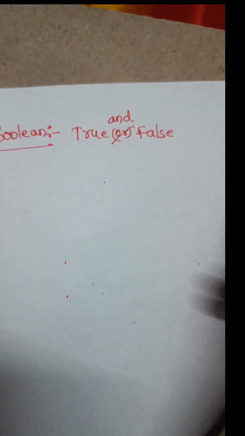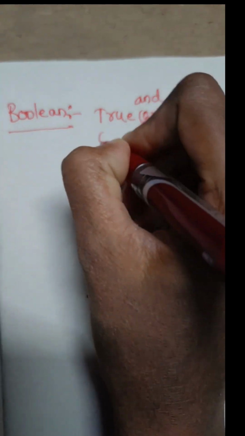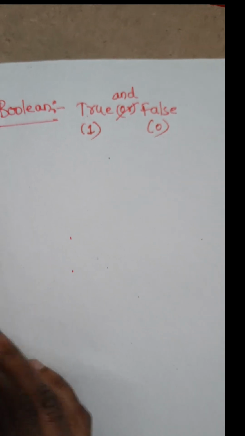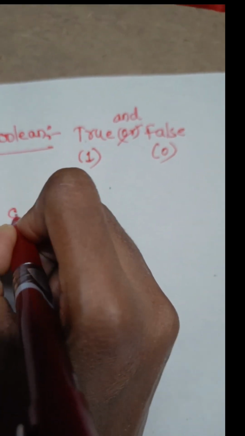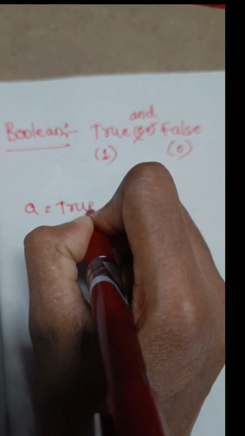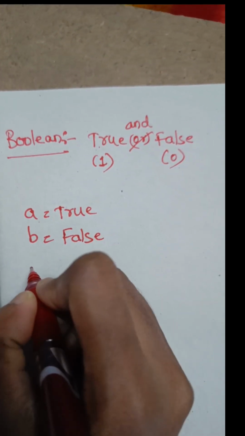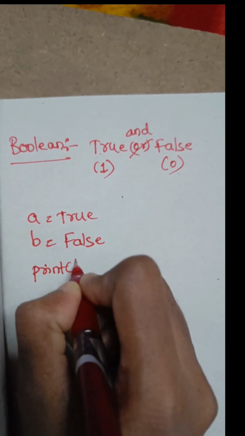Now let us see some different examples based on this. Now see here, true is represented as 1 and false is represented as 0. Now let us take an example. Suppose A is equals to true, B is equals to false. Now print of B